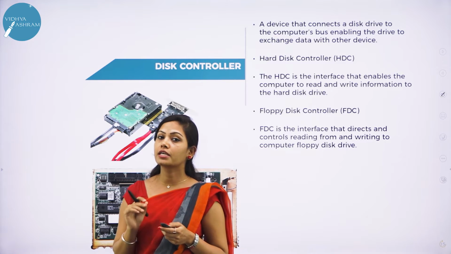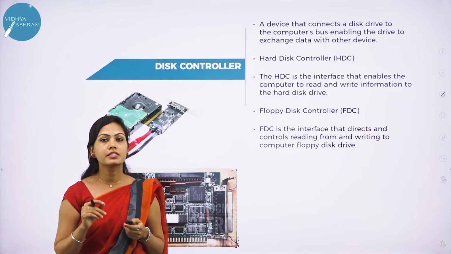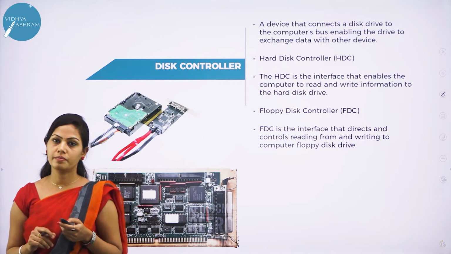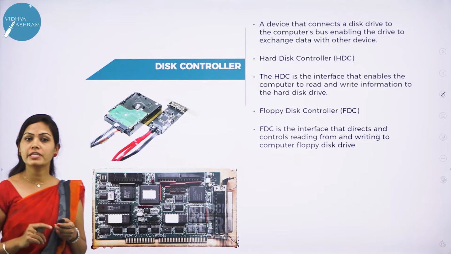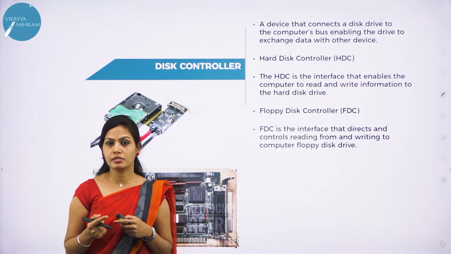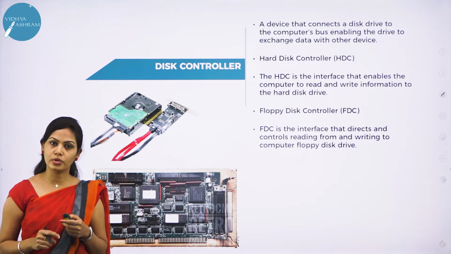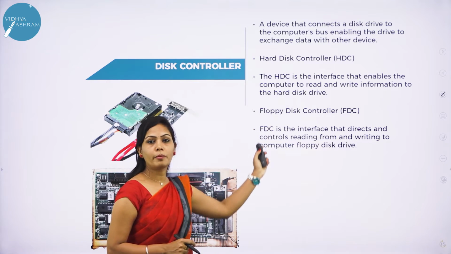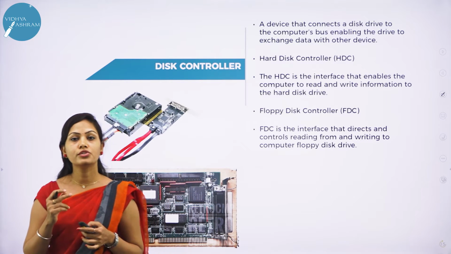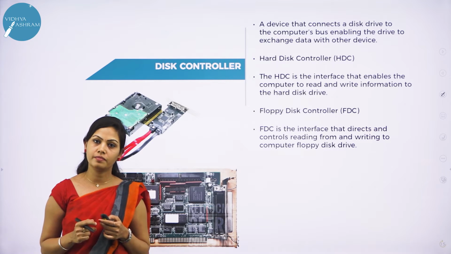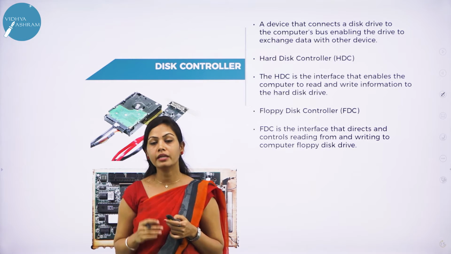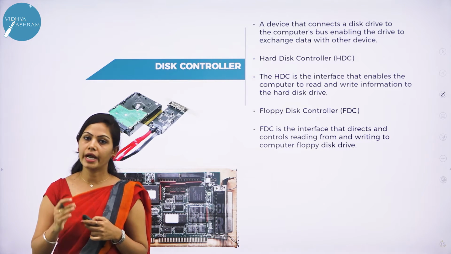The disk controller is the controller circuit which enables the CPU to communicate with a hard disk, floppy disk or other kind of disk drive. Also it provides an interface between the disk drive and the bus connecting it to the rest of the system. There are 2 categories of disk controller, that is hard disk controller and floppy disk controller. Hard disk controller is a circuit that enables a computer to read and write information to a hard drive. And floppy disk controller is an electronic chip controller used as an interface between a computer and a floppy disk drive.